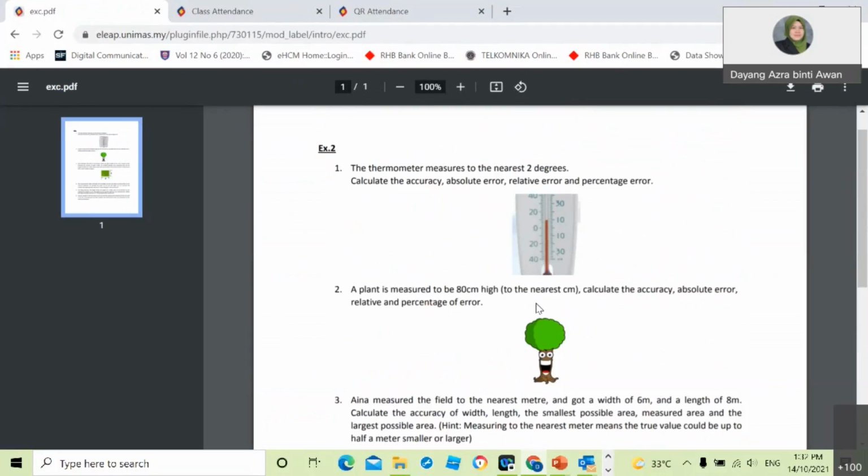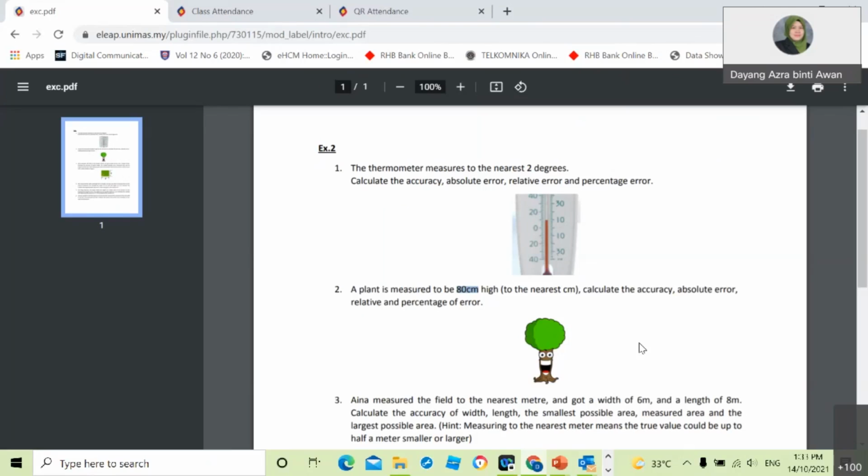Okay. So the nearest cm, meaning you need to look at your value here. If your value is given as 80 centimeter to the nearest centimeter, meaning your accuracy is 80 centimeter plus minus 0.5 centimeter. That is what nearest centimeter means. Normally students get confused. They put nearest centimeter as 1. 1 is not the nearest centimeter. We use 0.5. If it is 1 meter, then you say 0.5 meter as your accuracy.